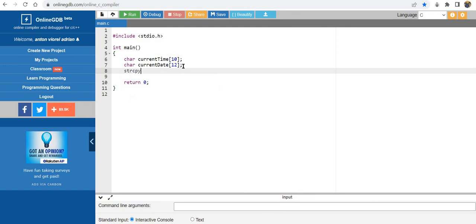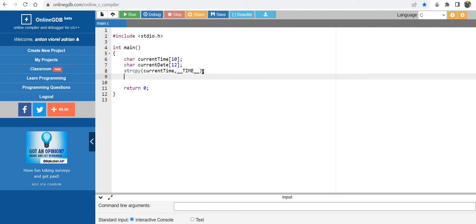special functions, which is the strcpy, current time and our predefined macros which is time, semicolon. strcpy current date, our predefined macros,